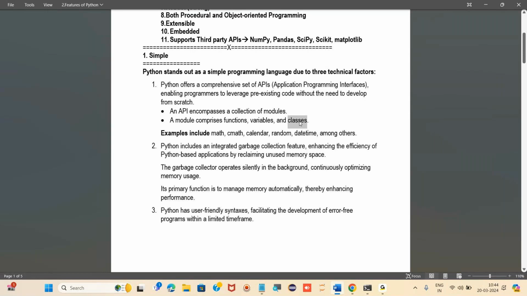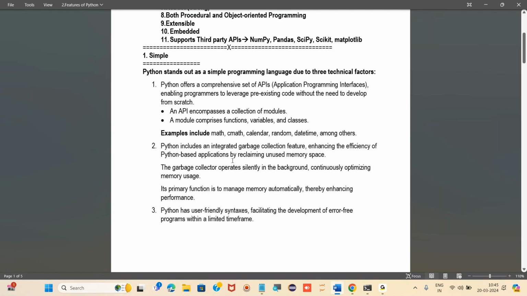Also, it has one more technical factor: Python has an inbuilt garbage collector. What does the garbage collector do? It collects the unused memory.